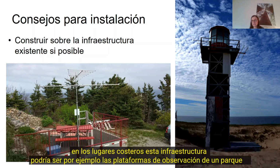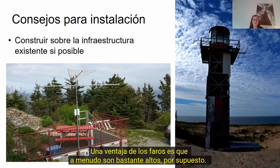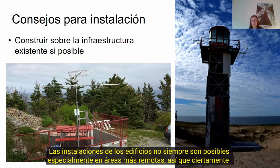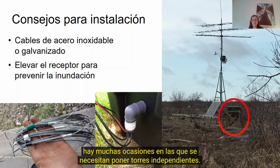In coastal locations, this infrastructure might look like park viewing platforms or lighthouses where antennas and sometimes a mast and antennas can be attached to railings. And a bonus of lighthouses is that they're often quite high. Of course, building installations aren't always possible, especially in more remote areas. So certainly there are lots of occasions where you do need to put up